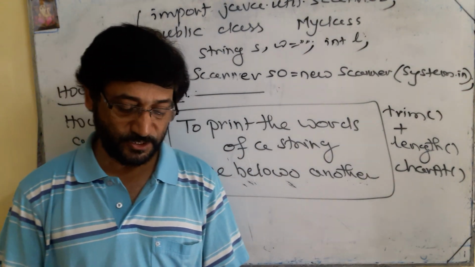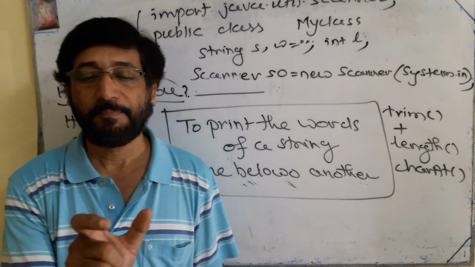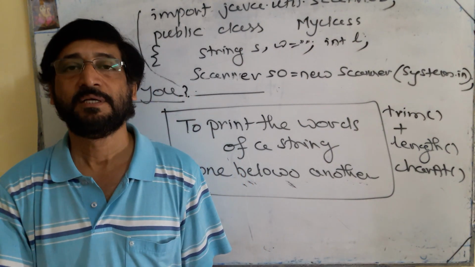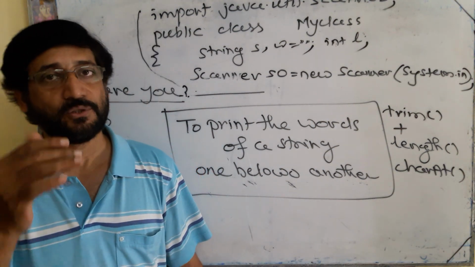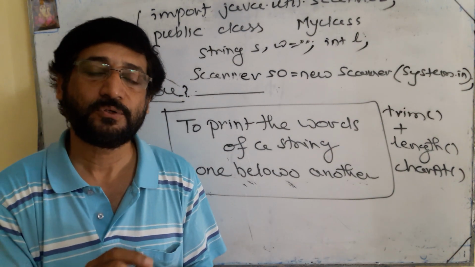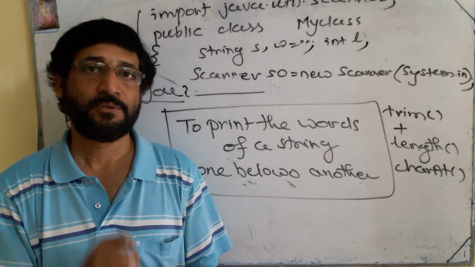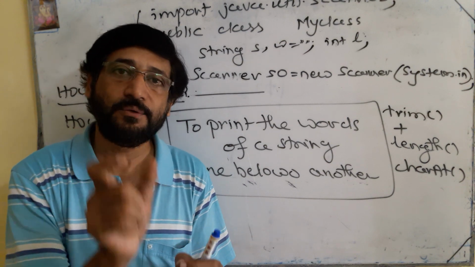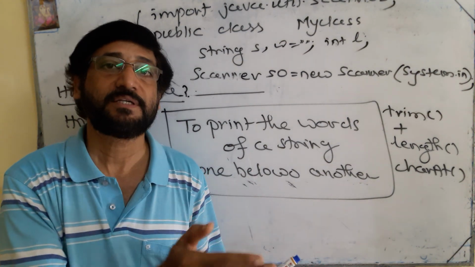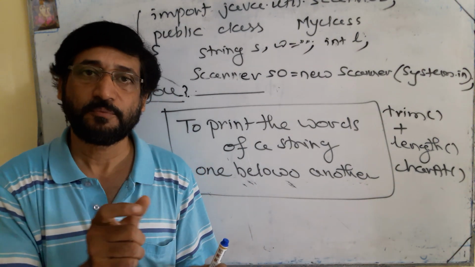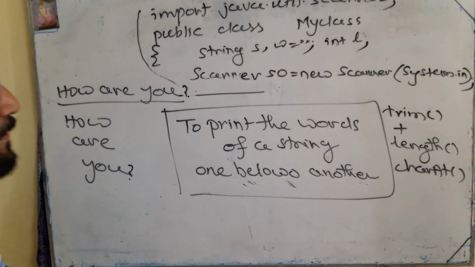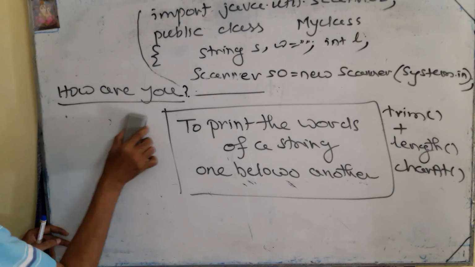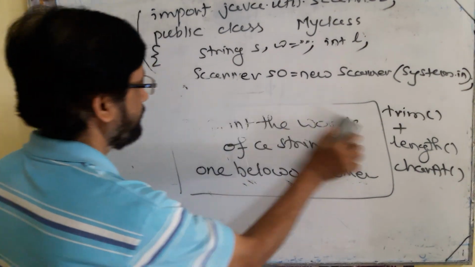Okay. Then after that, there is no use of the word w, because w holds one word after another. So after the work of w for the first word is completed, that we have printed it on the screen, it is no longer required. So you can make w null. So remove the old word from w, so that a new word can be stored in the variable w, or the second word, third word can be stored in the variable w. So you have to make it null, then you have to close the loop. Okay. So in this way you can print one word below another word. Okay. So let us discuss the program.